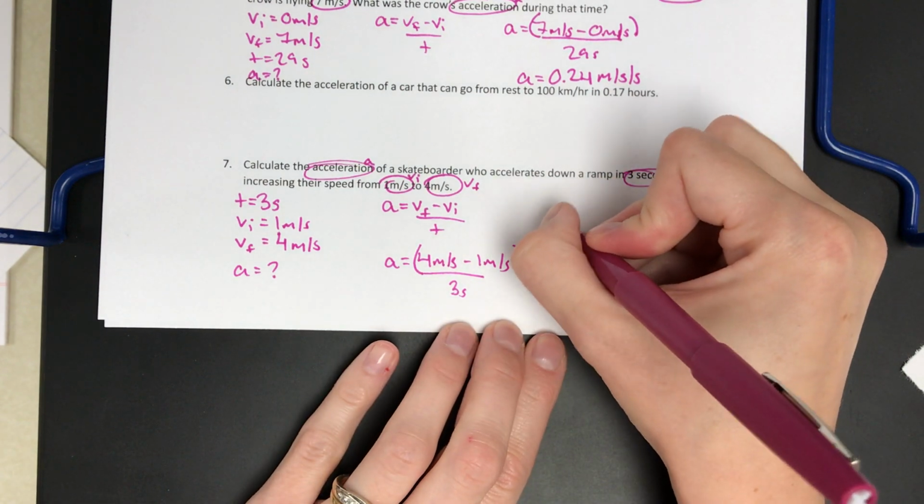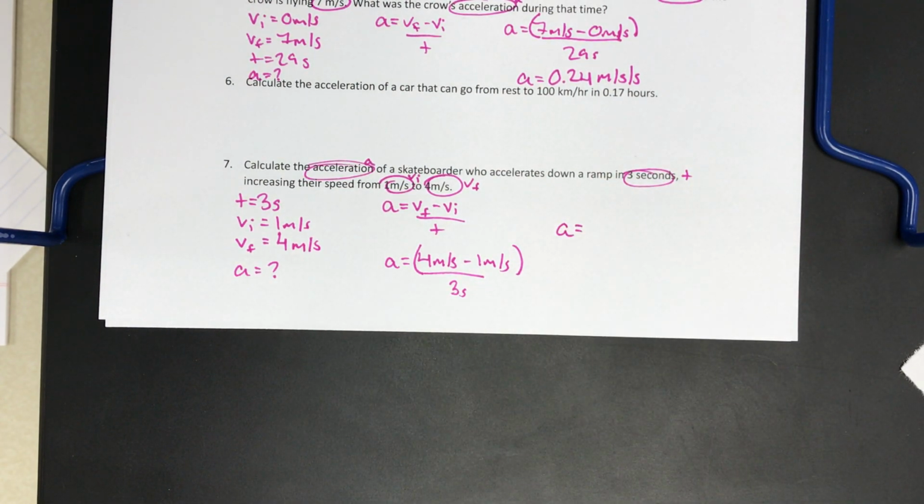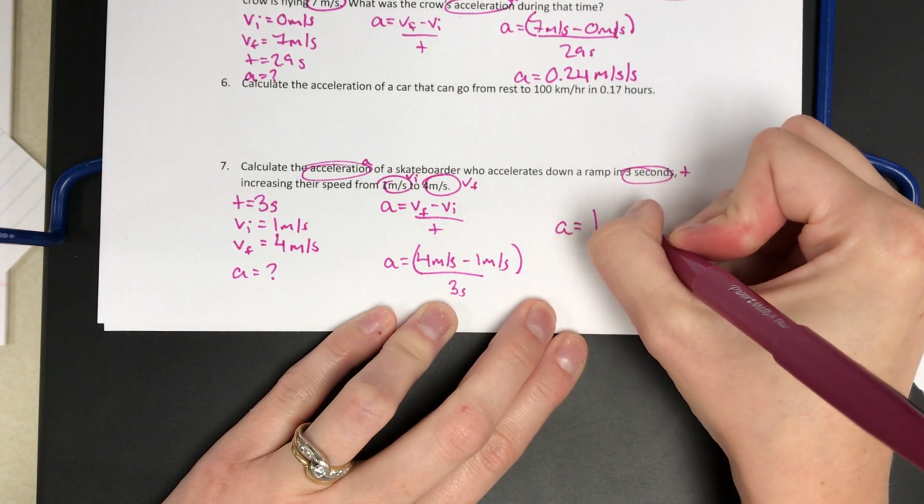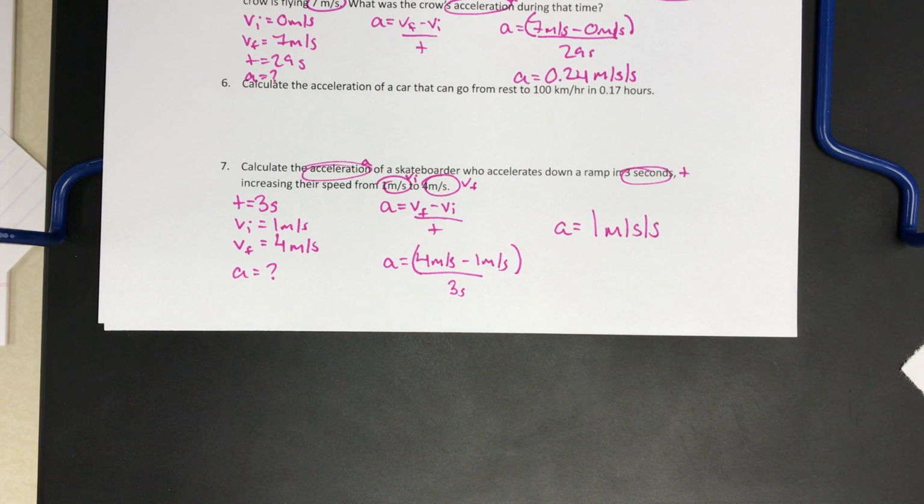And then, did you plug it in? What'd you get? Did everybody else plug it in too besides Naya? Yes? No? Yes? Okay, good. Alright, Naya, what'd you get? What? I'm sorry, say that louder. 1 meter per second squared. Good. Meaning that skateboarder is accelerating down the ramp, so they are having a positive acceleration, they're getting faster, and they're increasing their speed 1 meter per second every second. So every second they're getting 1 meter per second faster. Okay, I want you to work on the rest